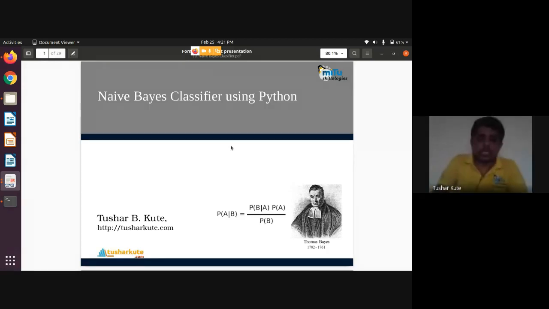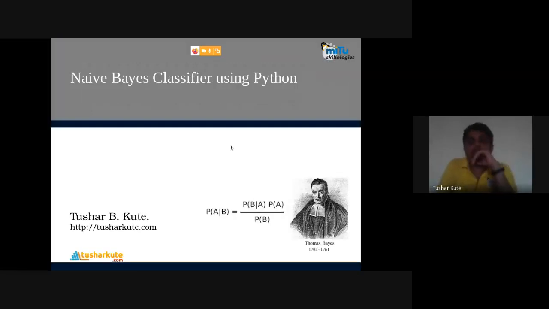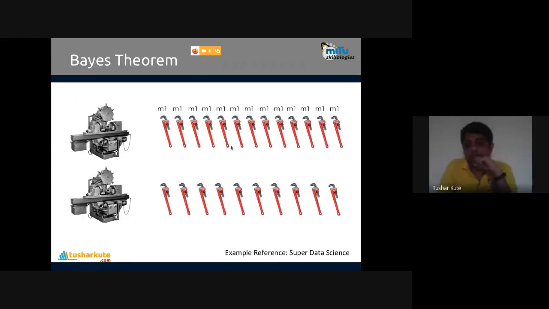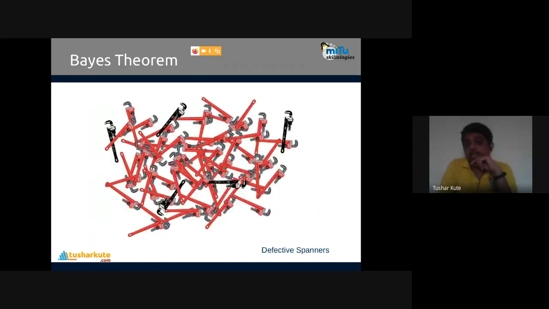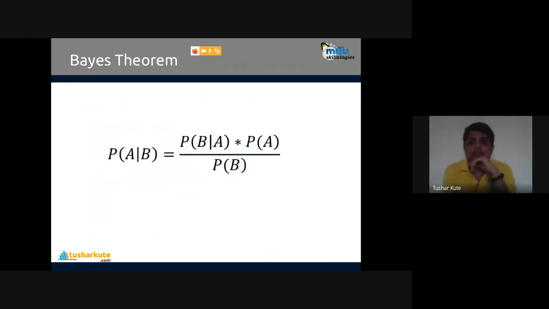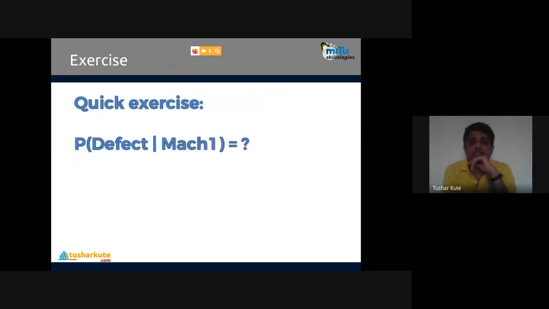So we have a Naive Bayes classifier. Let's see that implementation. First of all, we need to understand the Naive Bayes classifier. We already understood it, but I will do a simple revision, and then we will show practically how to employ this classifier using the Python programming language. Okay, just a small revision. We have seen this algorithm, and we found the probability of which class a defective spanner comes from. These probabilities are found by the concept of the Bayesian theorem.